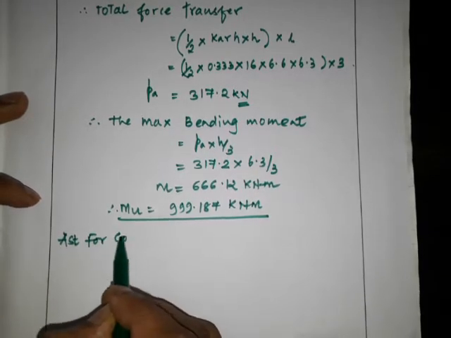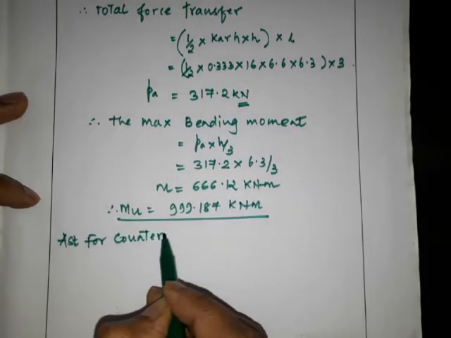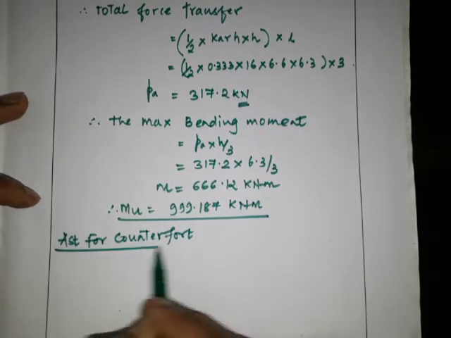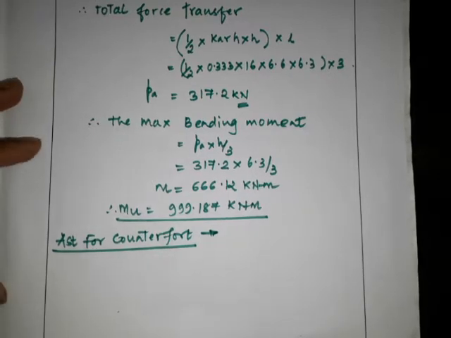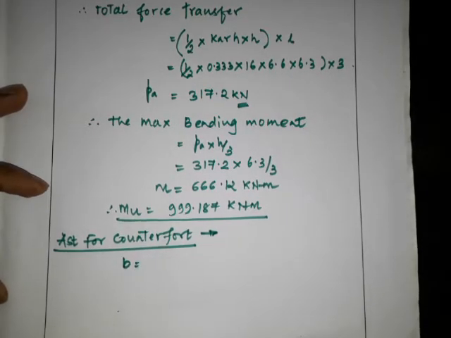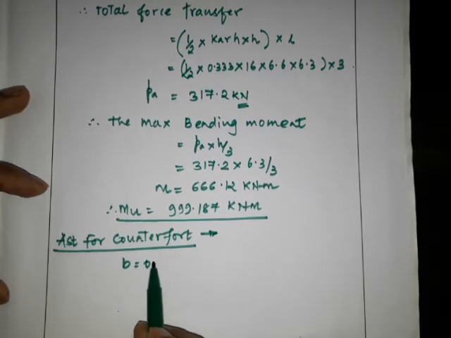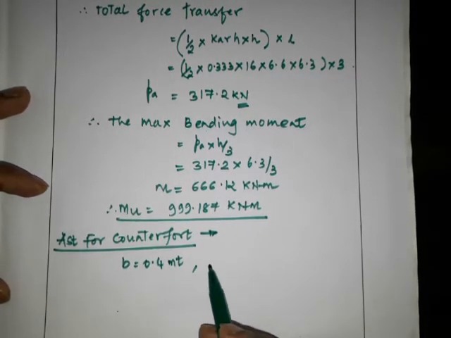for counterfort. AST for counterfort. Okay. So for that, the required data: B is not the perimeter run here because we are designing as a single element, as a vertical or continuous slab supporting over the counterfort. So that will act as a beam. So B will be 0.4, the width of the counterfort we have assumed as 0.4, and the depth is here